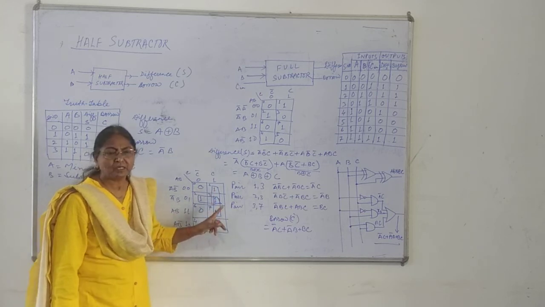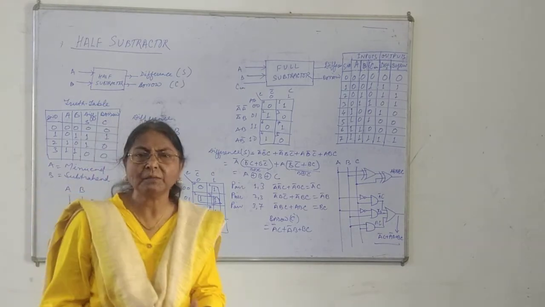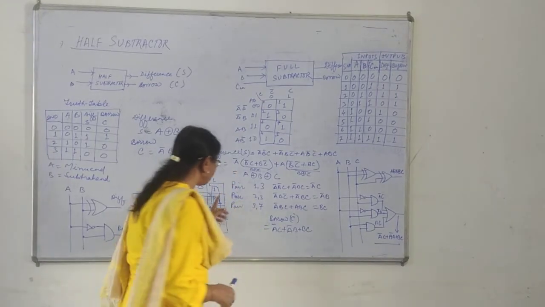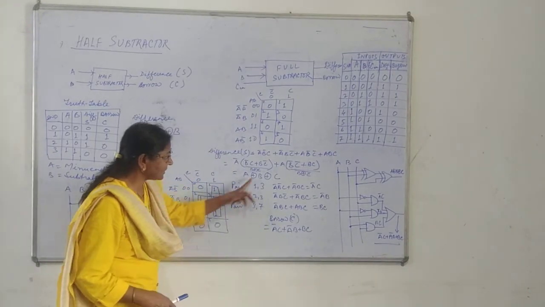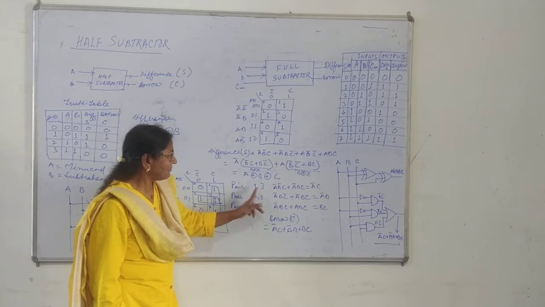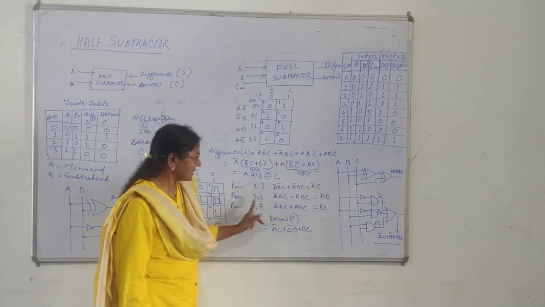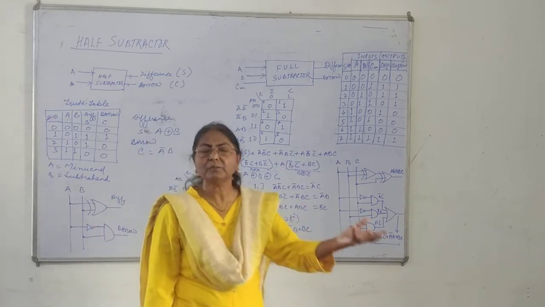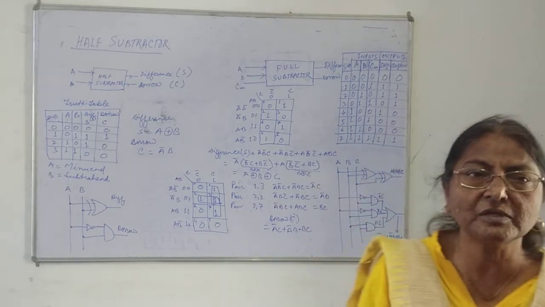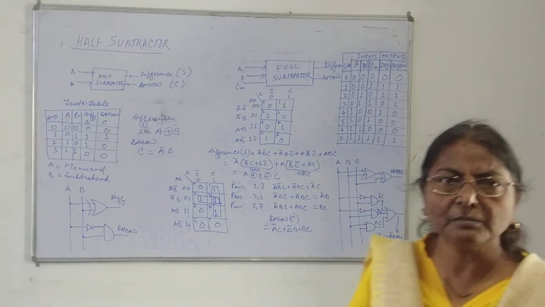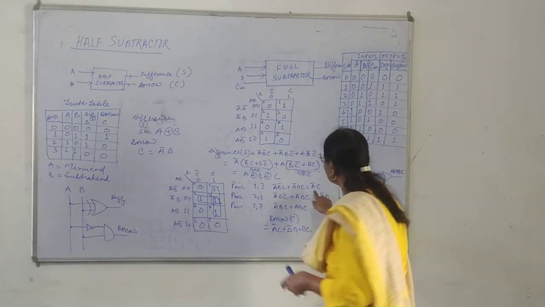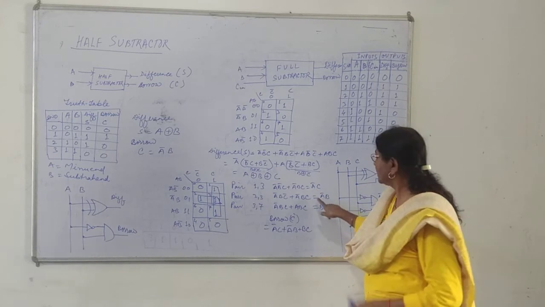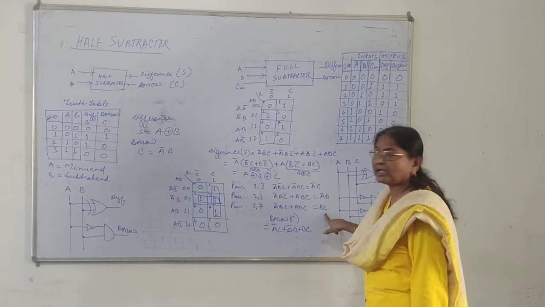To simplify the given K-map, we can make pair, quad and octet. So here the possible pairs are 1 and 3, 2 and 3, and 6 and 7. Here I have simplified this pair, 1 and 3 pair, it has become A bar C, this is A bar B, B C. A pair can eliminate one variable and its complement. This is the use of pair. So in this particular fundamental product, B and B bar is removed. Here C and C bar is removed. Here A and A bar is removed.